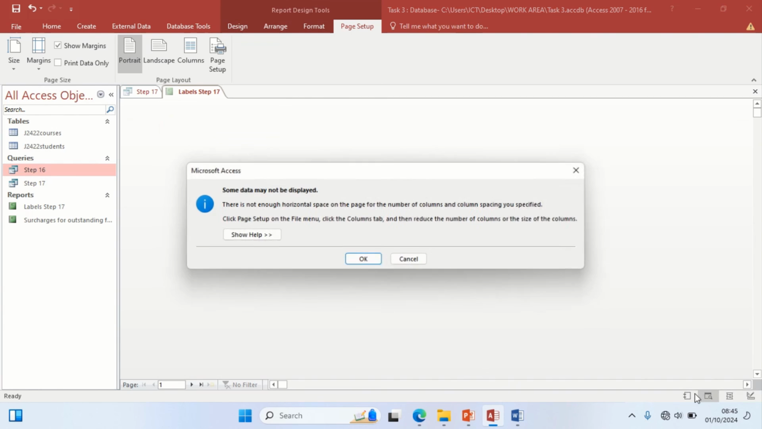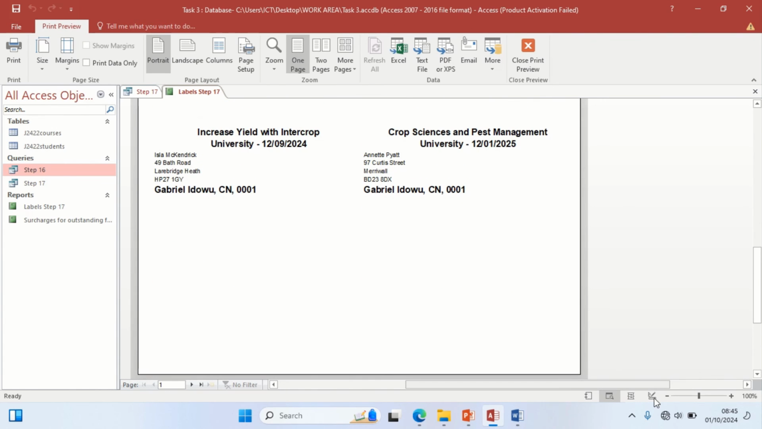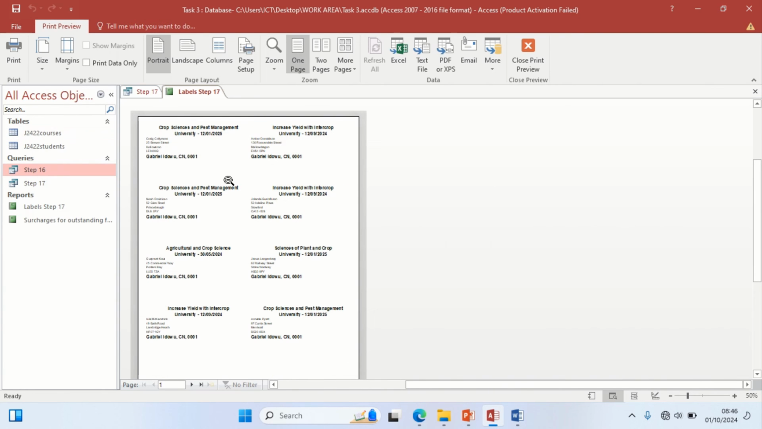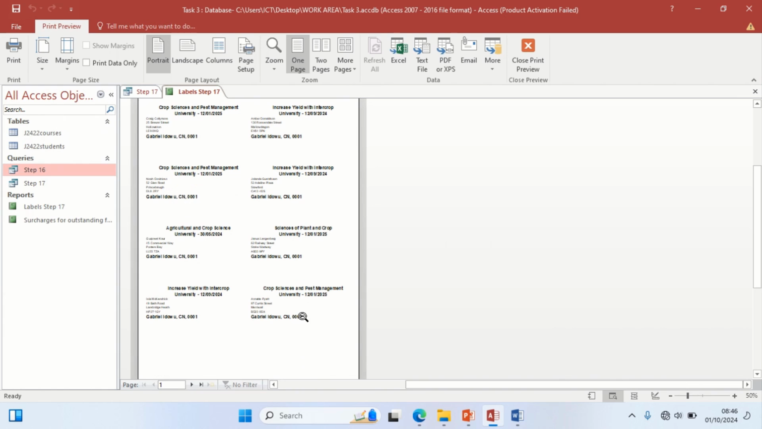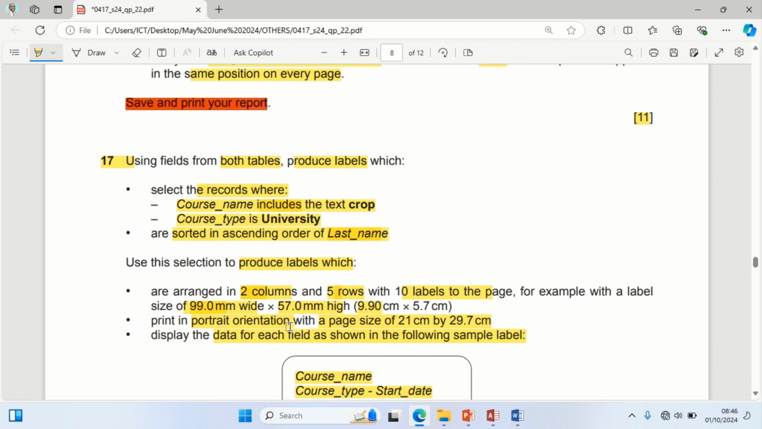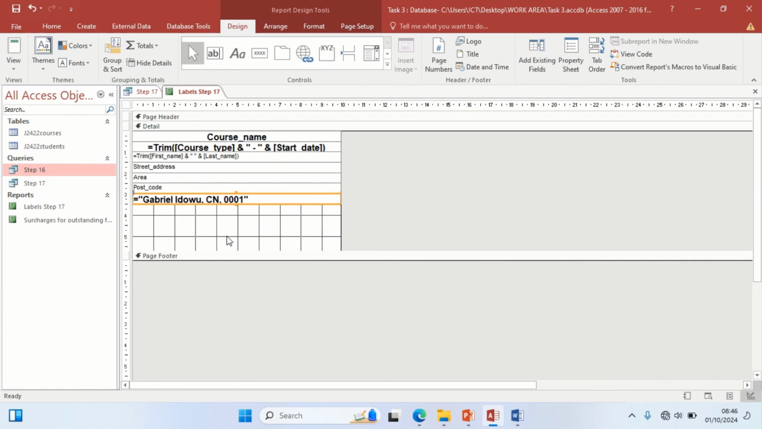Okay, before I do that, let me preview again so that you understand what I'm saying. Now if you count the number of rows we have here, let me reduce this so that I can see, we have row 1, 2, 3 and 4, but the question says 5 rows. You see that in the question, 5 rows. It says 2 columns, 5 rows with 10 labels to the page. So we have 8. So to make it 10 labels, just come here, then go to the design view and just adjust this a bit. Just drag it down a bit